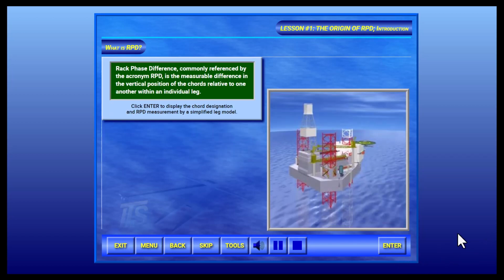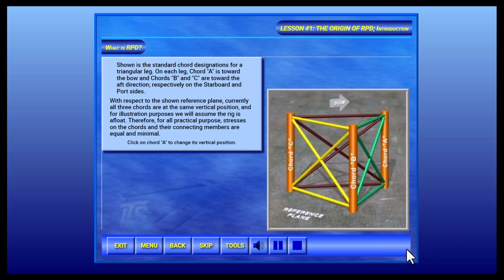Rack Phase Difference, commonly referenced by the acronym RPD, is the measurable difference in the vertical position of the cords relative to one another within an individual leg. Shown is the standard cord designations for a triangular leg. On each leg, cord A is toward the bow, and cords B and C are toward the aft direction, respectively on the starboard and port sides. With respect to the shown reference plane,